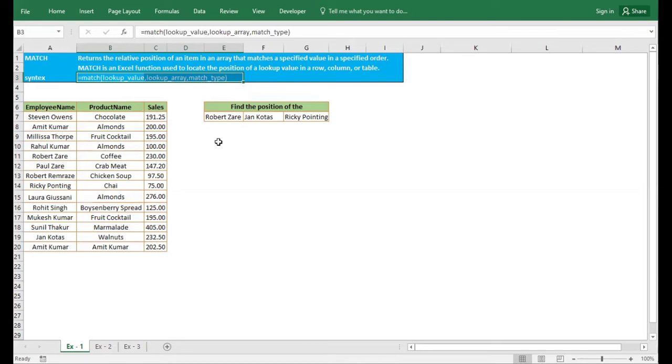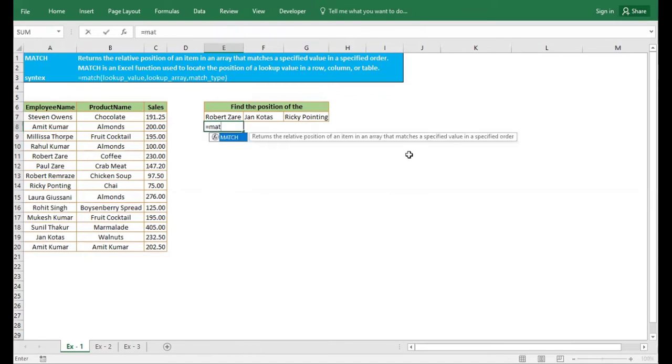Okay, now let's see this example. I want to find the position of Robert Zara, Zain, and Ricky Ponting in this list. So MATCH, and the syntax is lookup value. What do you want to find? I want to find Robert Zara. So I'll just select this,